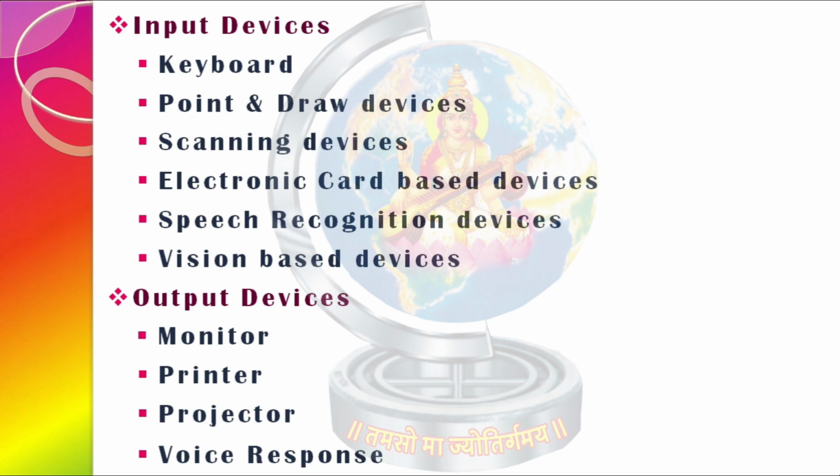So basically in your syllabus only these 4 types of output device are given, but don't think that output devices are only these 4. You can add speaker as well. Speaker is also one kind of output device, by which we are able to hear, right? Like that, extra output devices are also there, but right now we have to look at all the input devices and output devices with their functionality and uses.